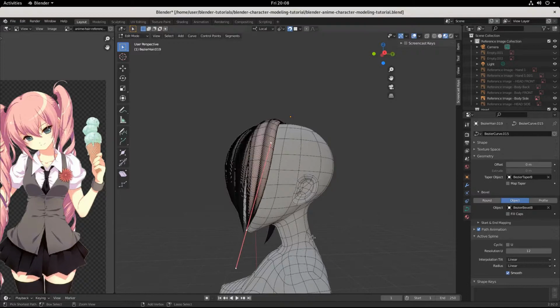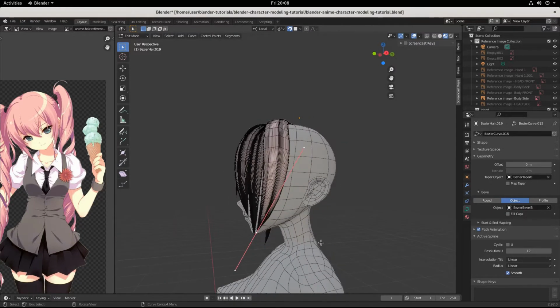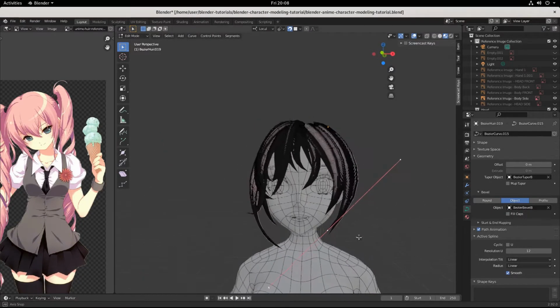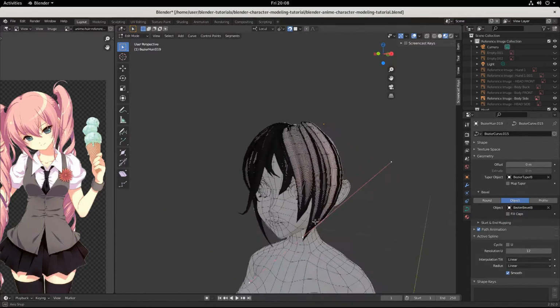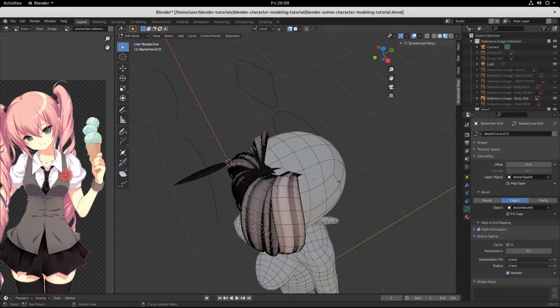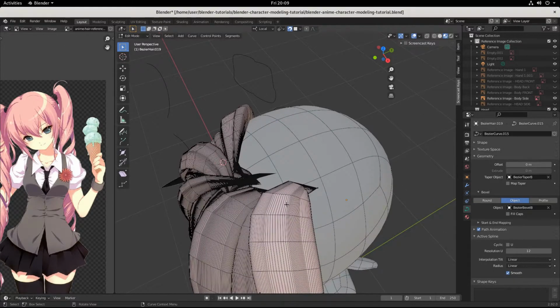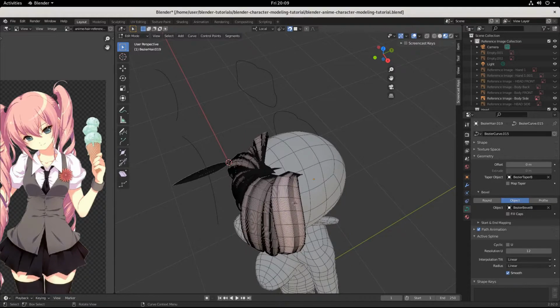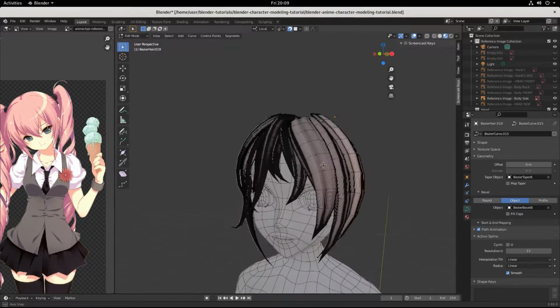No. Let's leave it as it is. A nice big loop, and we got the side of that head. Something we do need to pay attention to is the crown of the head. I think we didn't on this one, but we will on the next one, just because I kind of